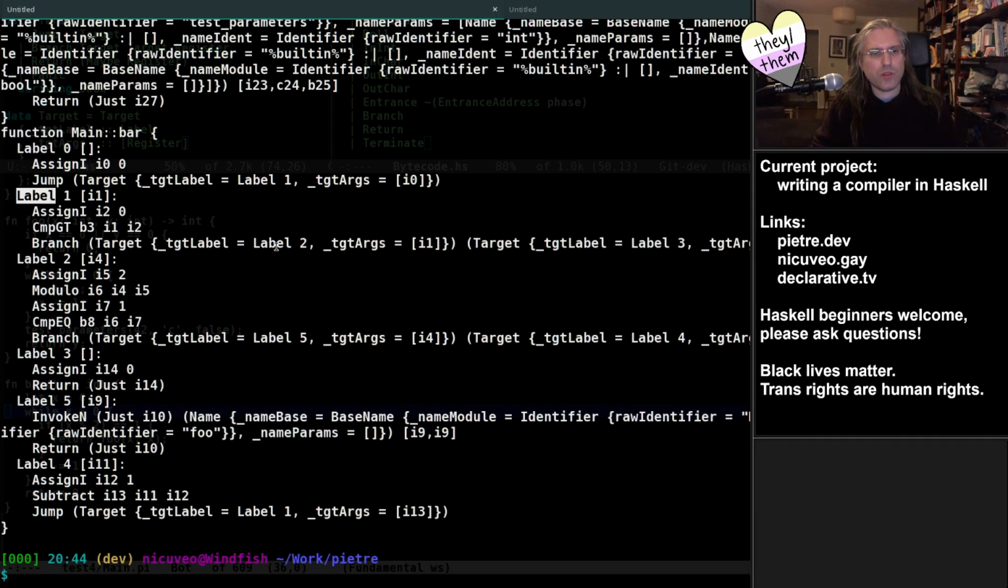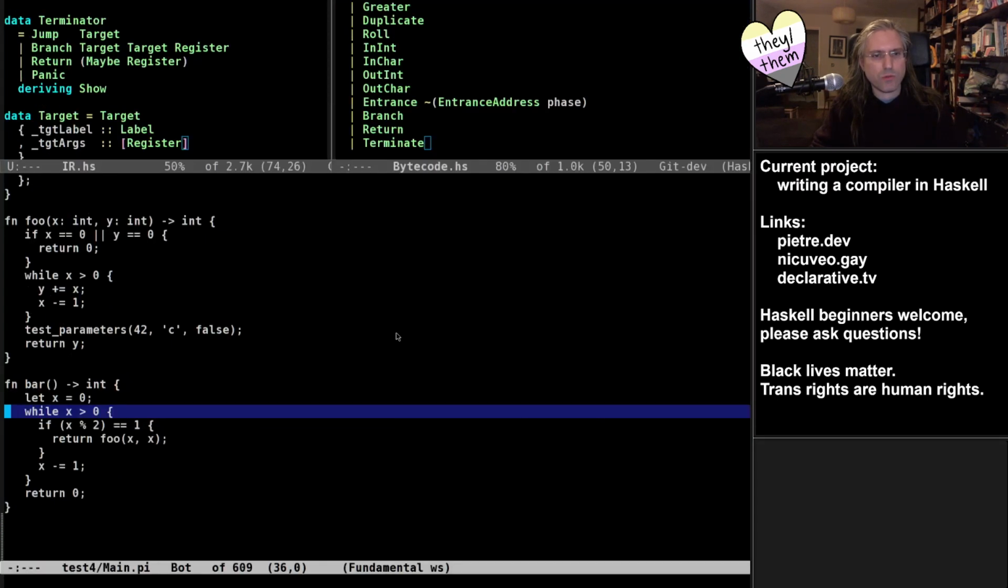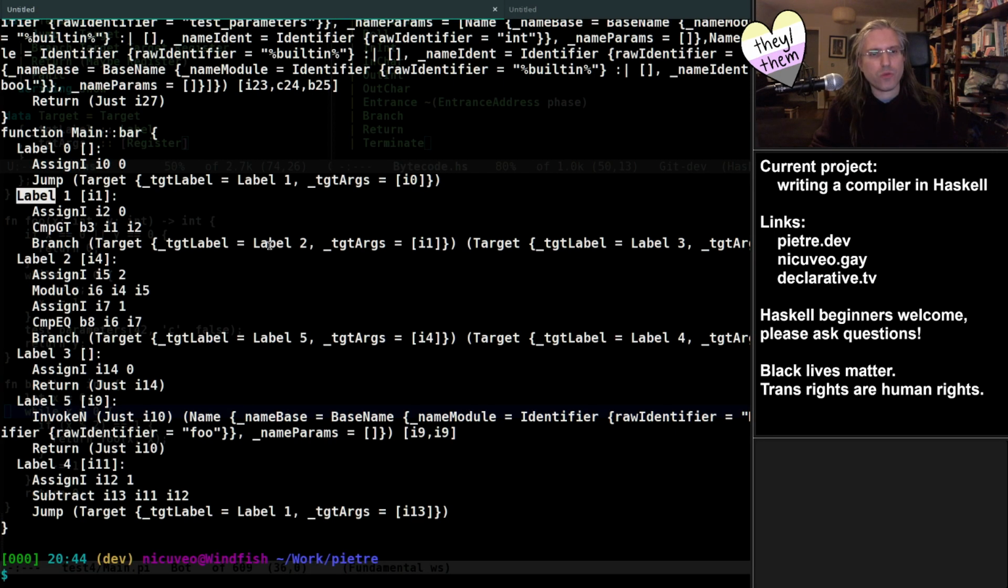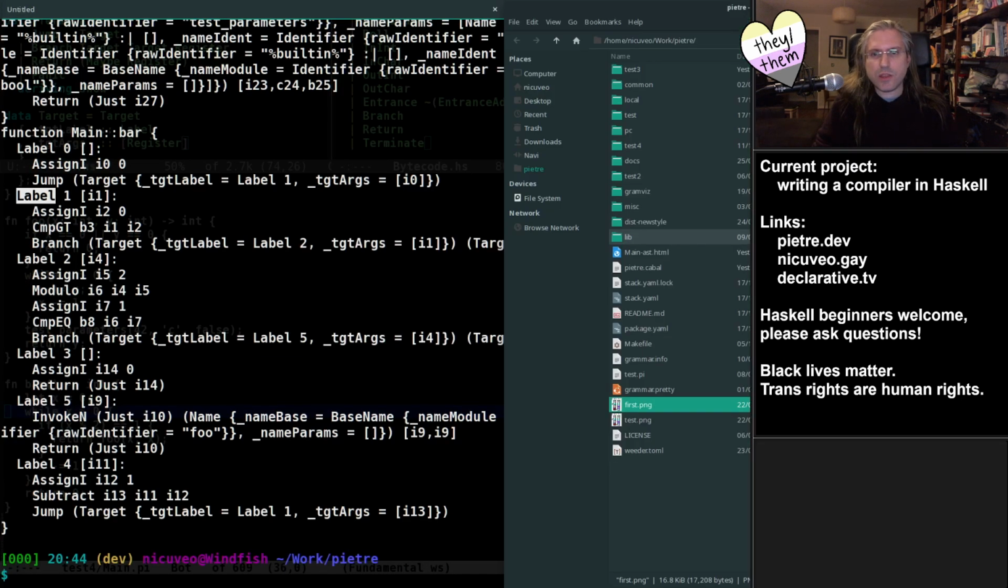If this condition B3, which compares the value to 0, is true, we jump to label 2 with the stack containing I1. Otherwise, we jump to label 3 with the stack being empty. So that means that our branch must do some stack cleanup. What that means is that in the generated code,